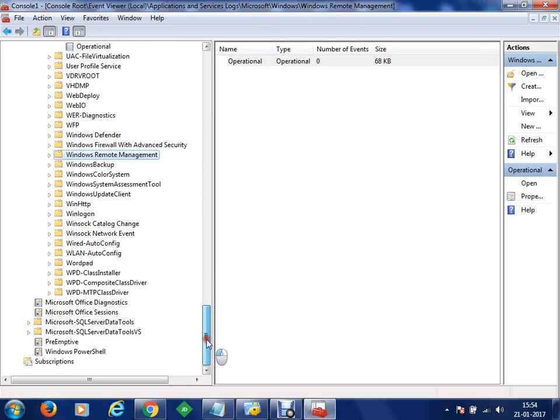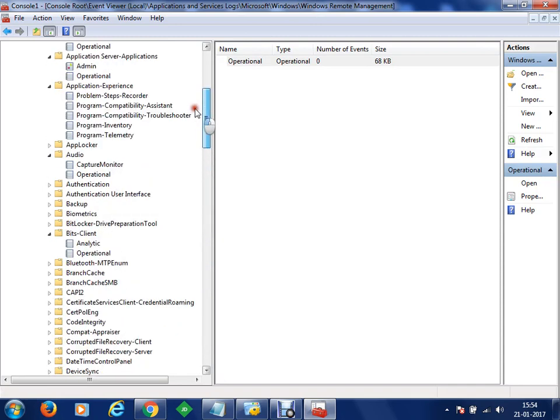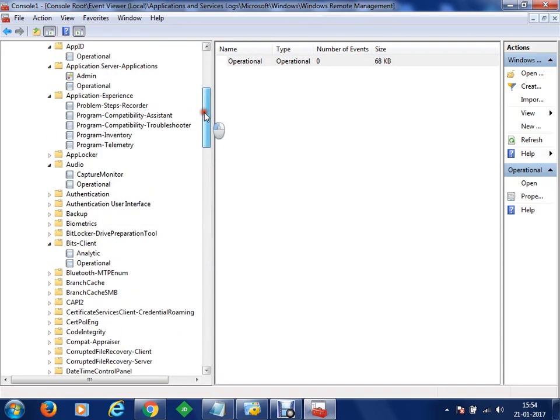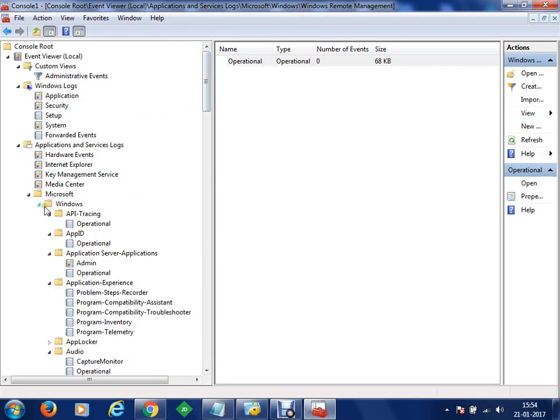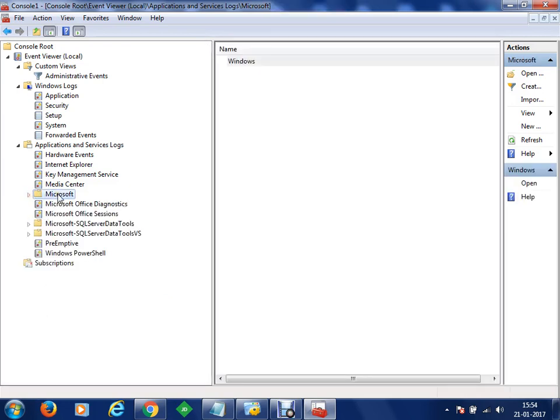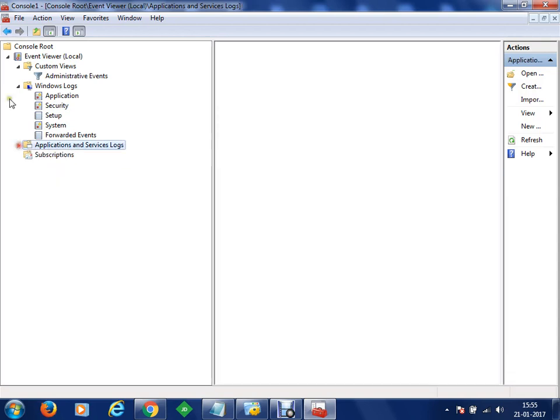Okay, आप देख सकते हैं यहाँ पे बहुत सारे logs हैं आपके पास Microsoft के. ठीक है, so these are all the applications which are installed by Microsoft, and all these applications are being logged by Microsoft, and Microsoft fetches this from your machine. Okay, कि क्या performance चल रही है आपके computer की. Now, there are many applications and you have to just understand these applications.